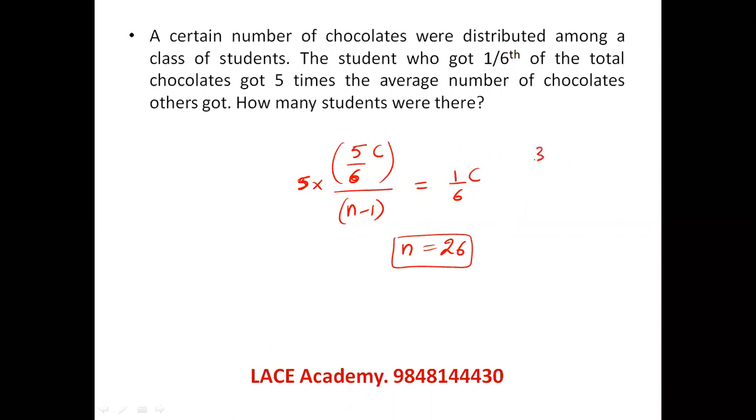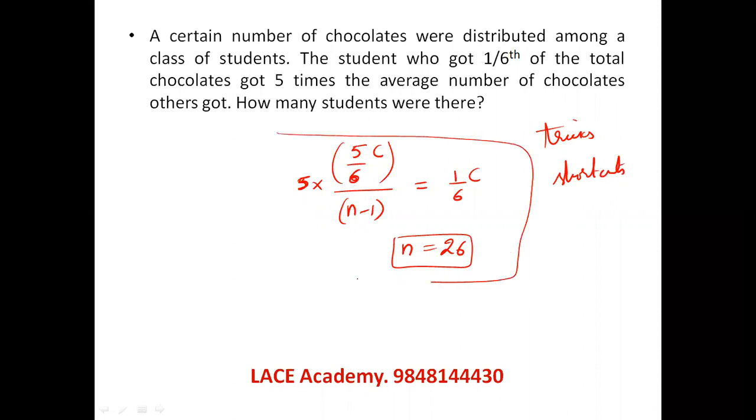Don't go for more than 3 steps in any answer. If you are putting more than 3 steps in any answer, you may be going wrong. So please do not unnecessarily go into unnecessary tricks. There are no tricks here. There are no shortcuts here. Shortcuts are not needed. What is straightforward? If I write this, I know that 6 gets cancelled, C gets cancelled, 5 fives are 25. For the 5 table also, do we need shortcuts?